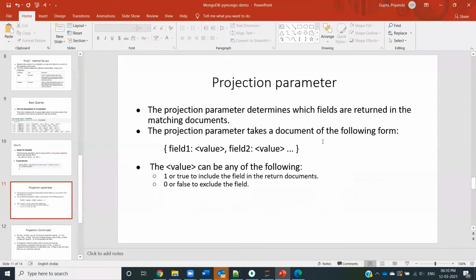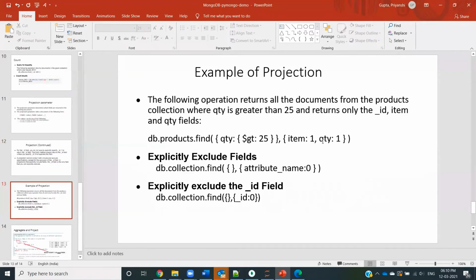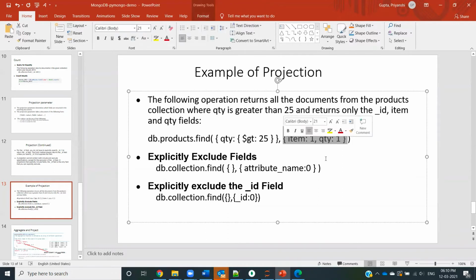Moving on, just having a review about the projection. As I mentioned before, it's like a select statement. So if I have this example wherein I'm connecting to this collection called products, and I want all the quantities which are greater than 25, and I only want to display item and quantity, this part here is the projection.